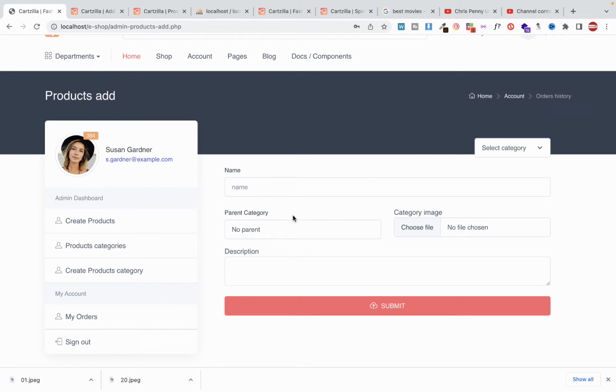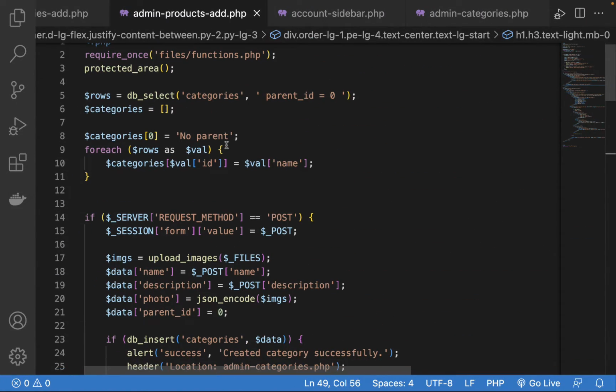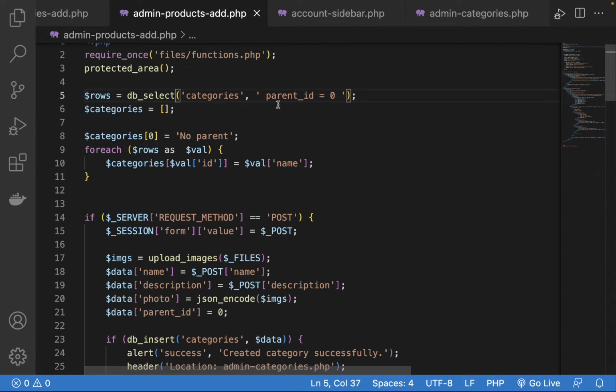Okay, let's begin with categories. We need to put categories here on top. So I'll come here to our project. Now here we are selecting all the parent categories, but right now we need only child categories, because we don't want the products to be assigned to parent categories. The product should be assigned to what? To children. So I'll put here rows equals db select, and then we get categories, and then we put here